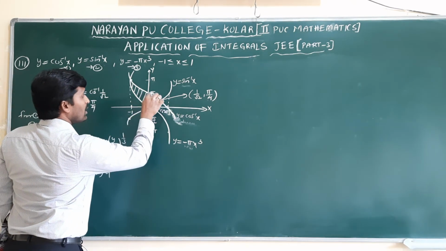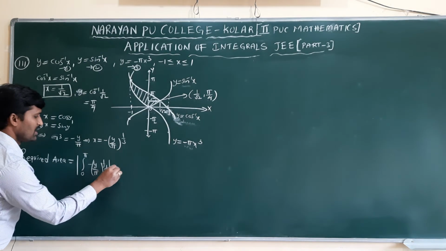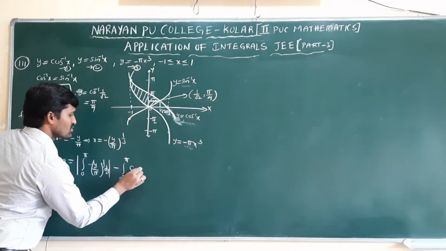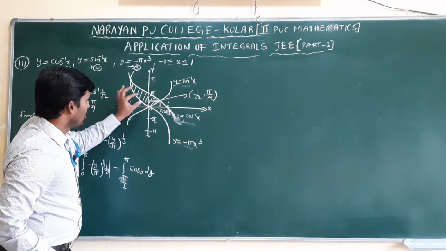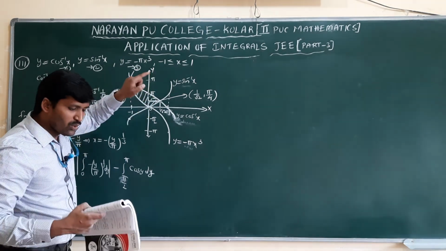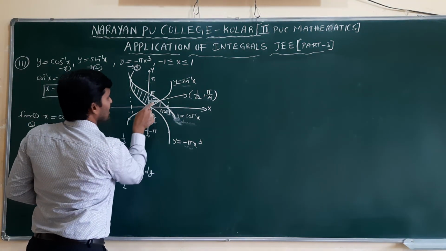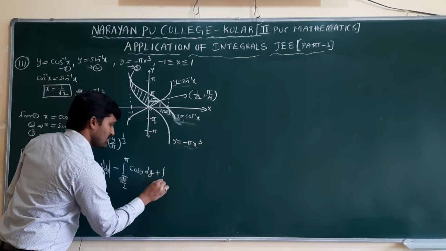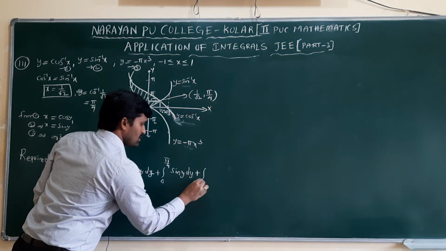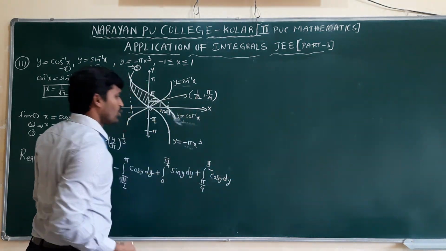Which part do we need to remove? Pi by 2 to pi. From pi by 2 to pi, which curve is there? Cos graph. Already we changed cos. Minus integral pi by 2 to pi cos y dy. But when you take 0 to pi, only this part is covered. From 0 to this one, these values we don't know, we need to find those values. From 0 to pi by 4 with respect to y, which curve is it? The sine graph. That's why plus integral 0 to pi by 4 sin y dy plus pi by 4 to pi by 2, which curve is there? Cos y dy. Those values are included in the area.